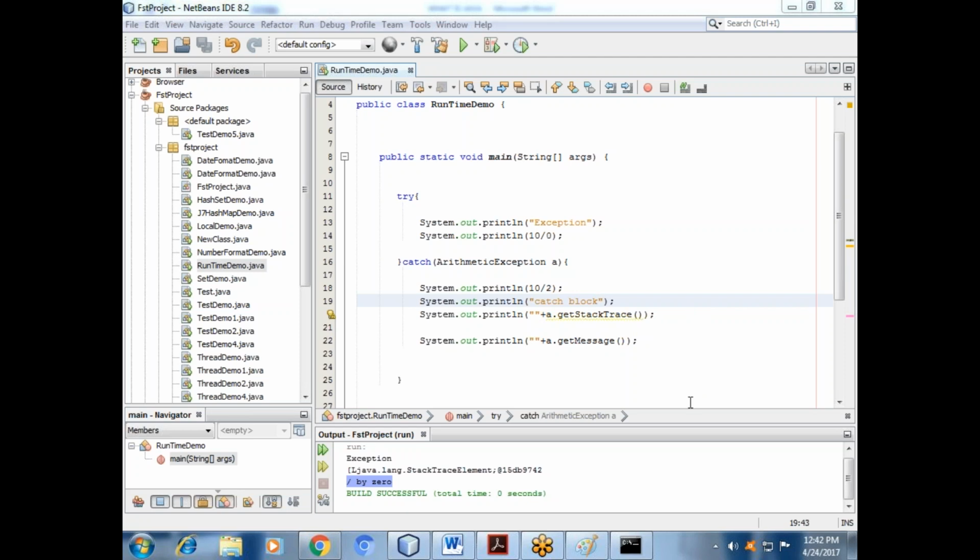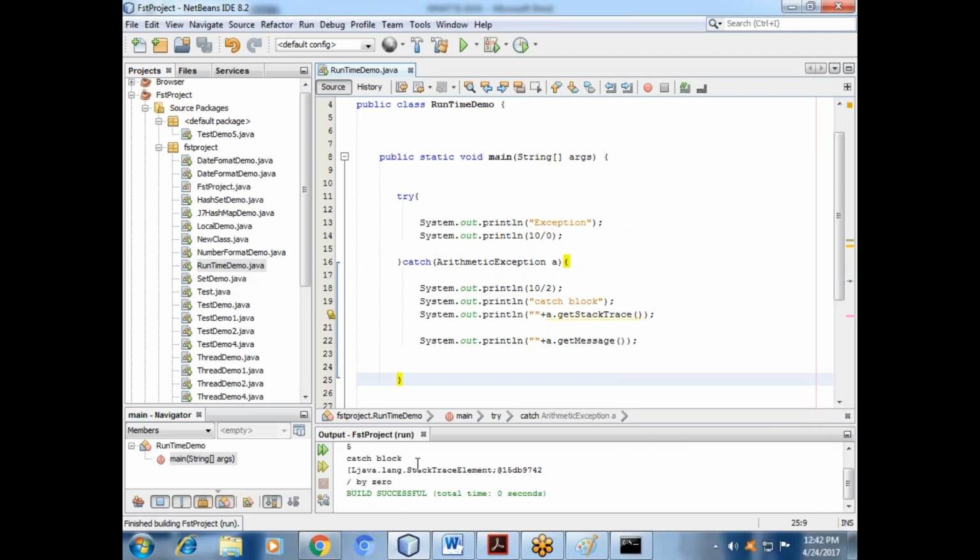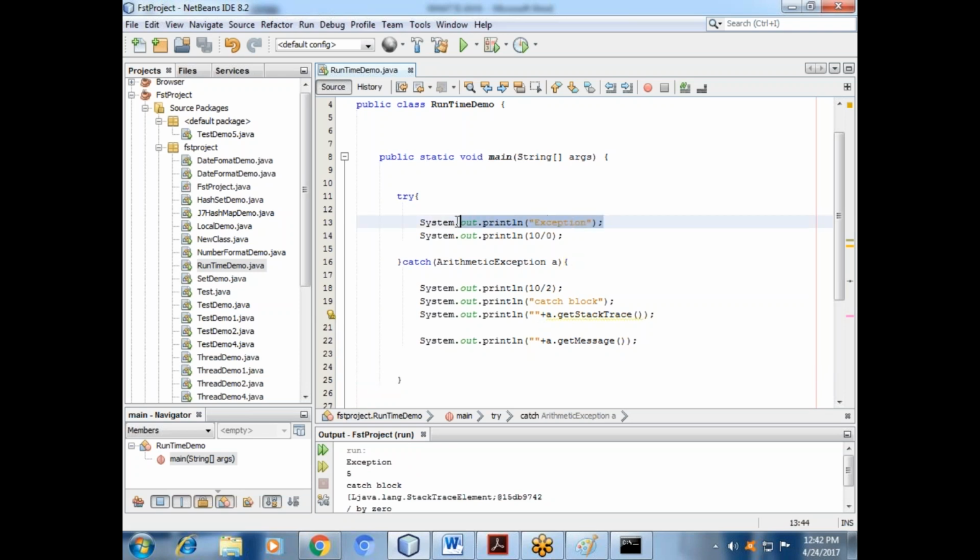So see, we have a program. We pass the risky code inside the try block, and we pass the handling in the catch block also. See, we will run it. See what you are getting. First, we run this output.